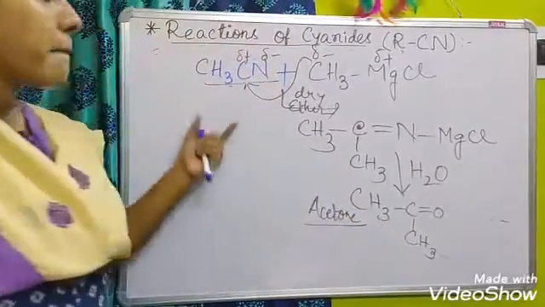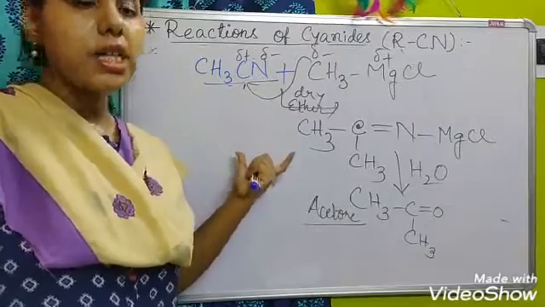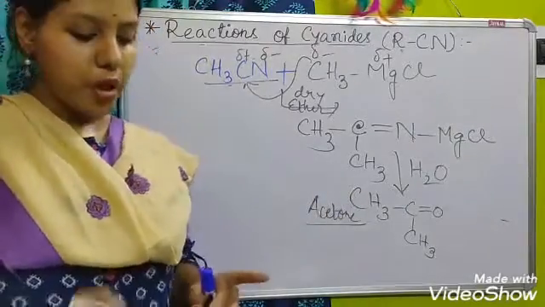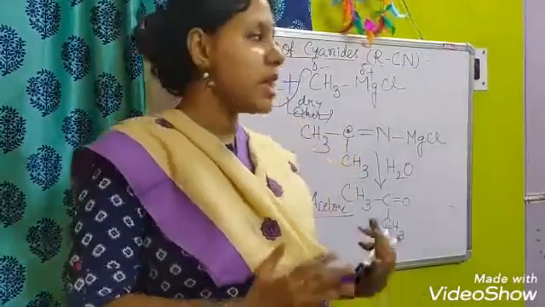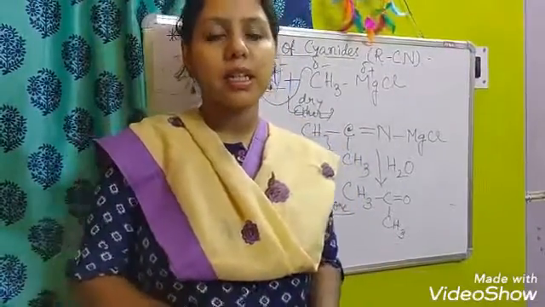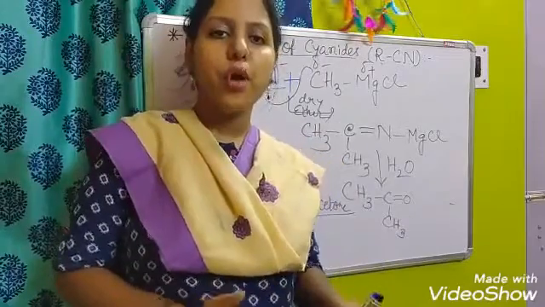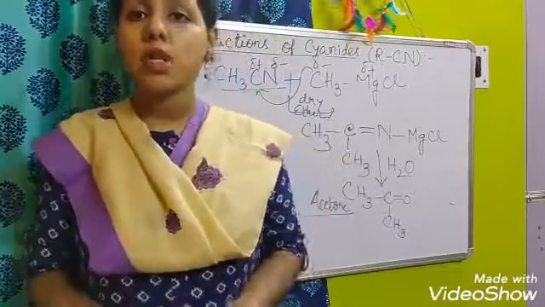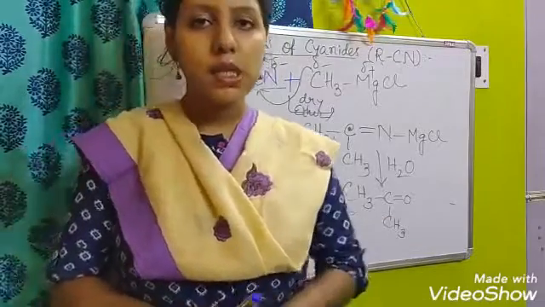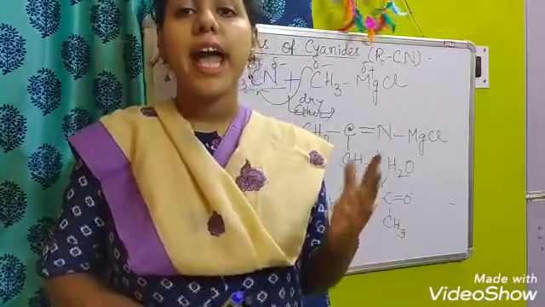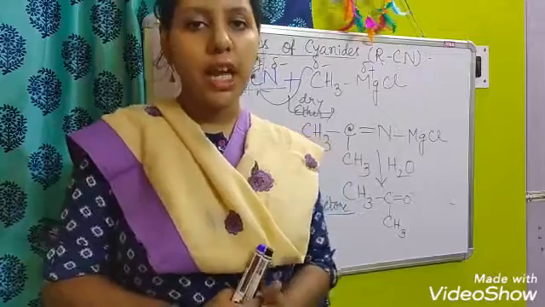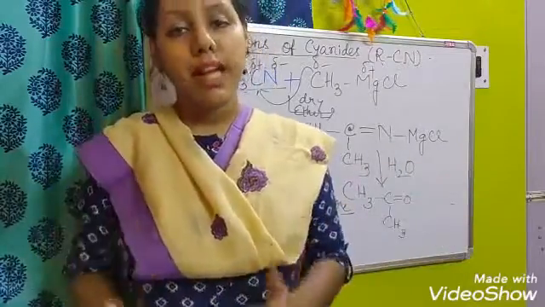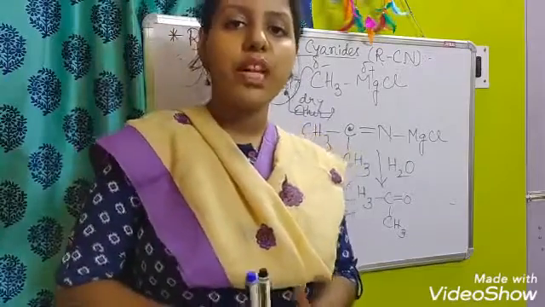So by using methyl cyanide, we can also prepare ketone type of compounds. So by these reactions, we can make various products from the cyanides. Clear? Like we can make the carboxylic acids by hydrolysis. We can make acetamide also by partial hydrolysis. We can make primary amines. We can make esters, and also we can make this type of ketones.